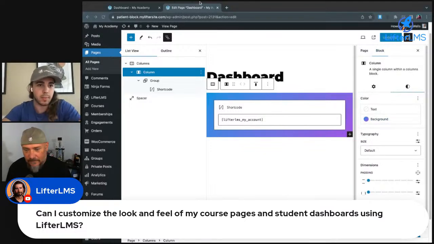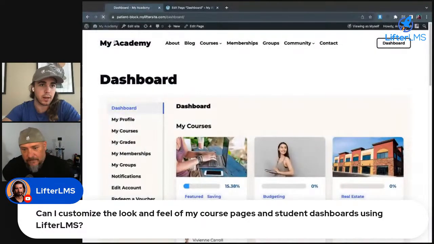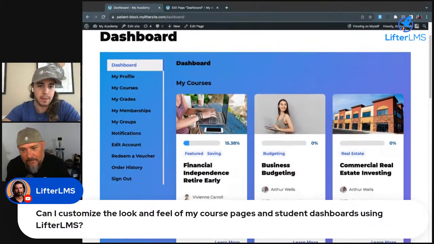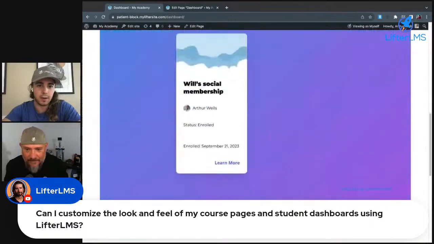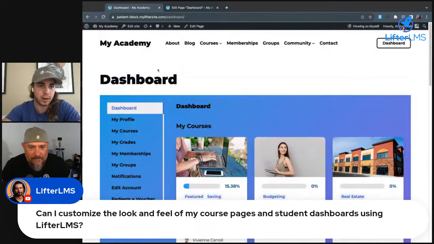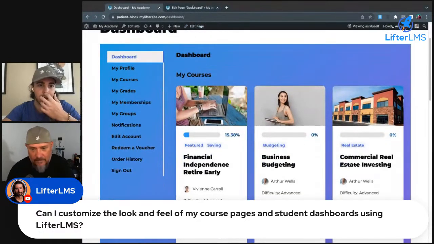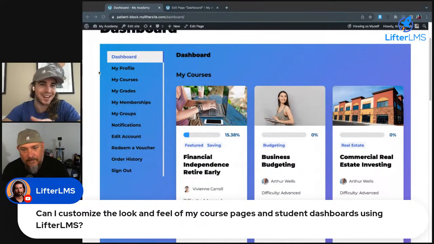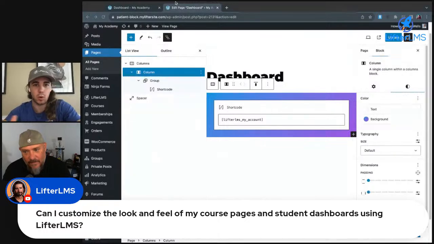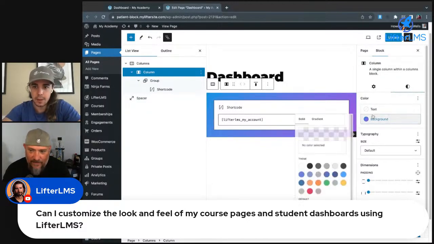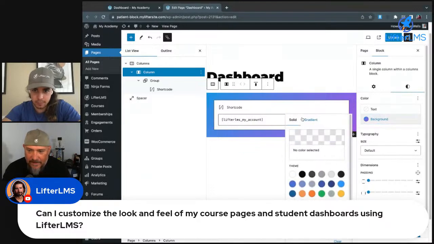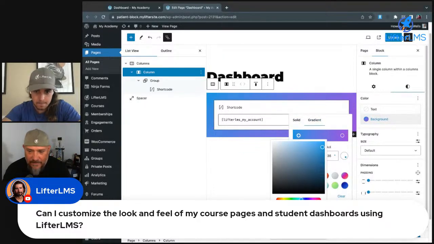Right. And what I'm doing with the dashboard page right now, I'm just fiddling around, seeing what I can do with the block editor. I mean, that's kind of radical, but it's just installing a background gradient to add some branding elements would be a relatively simple thing to do. This one looks a little bit hard on the eyes, but you see kind of what I'm getting at, where I can install a gradient, or even something like a background image could be done with a simple WordPress Gutenberg plugin. You could take that same thing that you just did and drive the opacity down to 10%, and it'd be a lot easier on the eyes. Yeah. Let me go back. So there's all kinds of options.